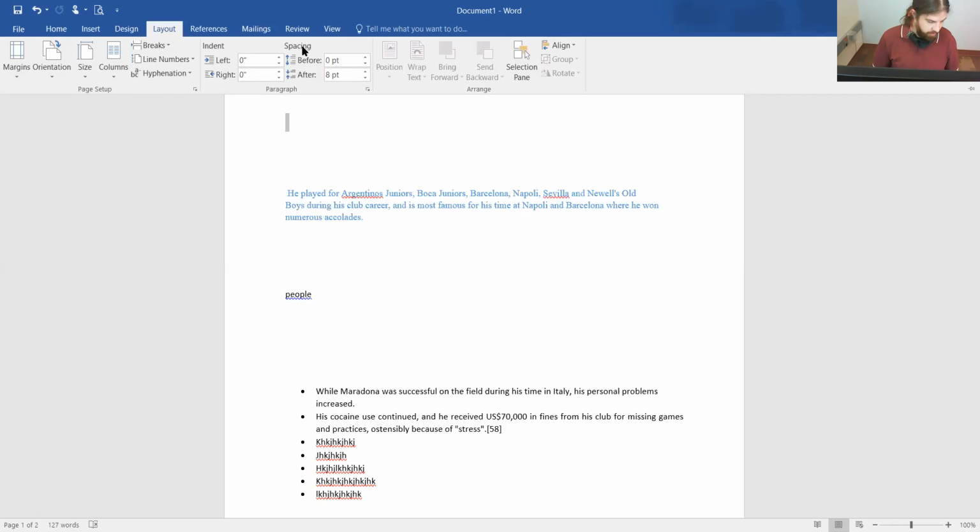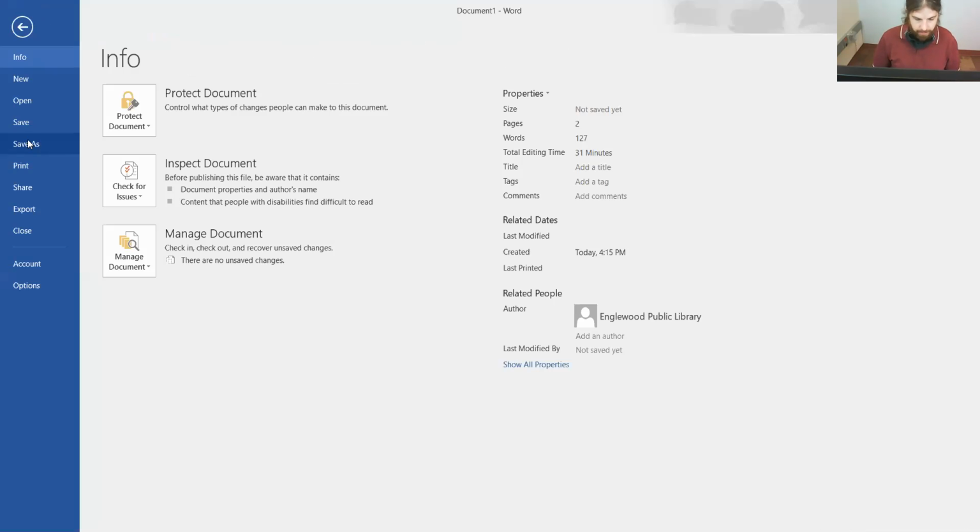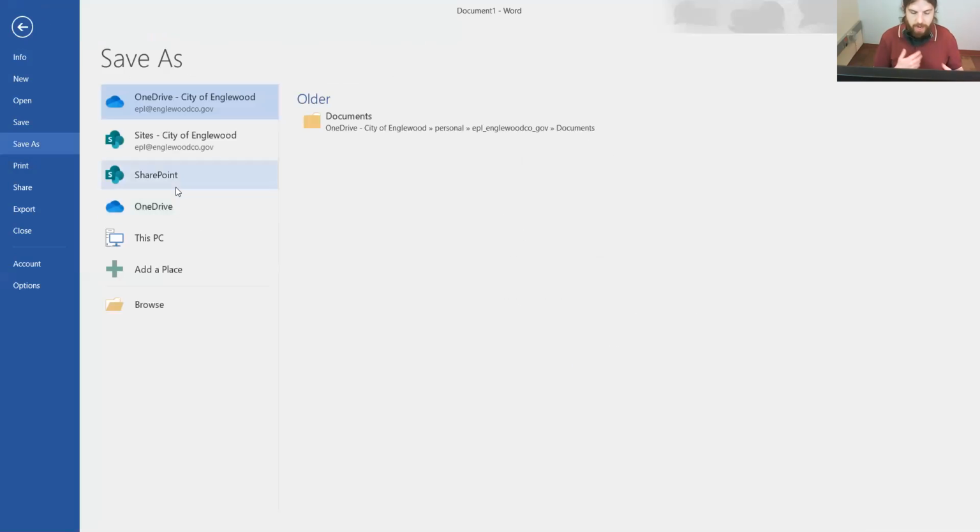We're going to kind of go over save or save as. Save as basically is if you have a new file that you want to create, you're going to use save as. So let's say this is a completely new file that we opened that we've been doing here from the Wikipedia article, and we want to start a new save file. We would click save as, and then from here, what you would want to do is,